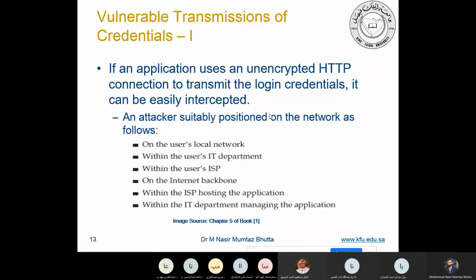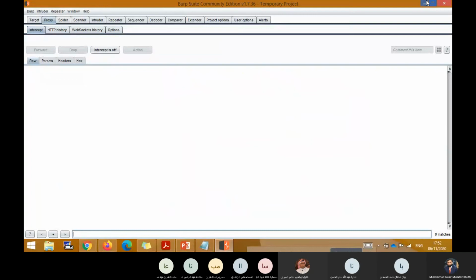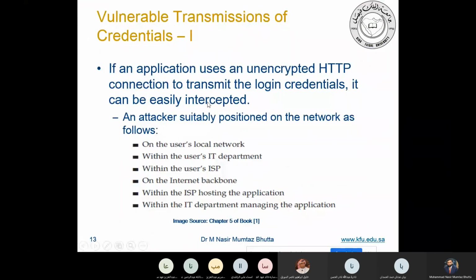Yes, doctor, clear. Okay, now how will you deploy the proxy? In this situation, we deploy the Burp Suite proxy because this is our own computer. But you are hacking the password of some other user who is not using your computer, you understand? He may be sitting in the USA, or in his home. So how will you deploy the proxy to read his password?